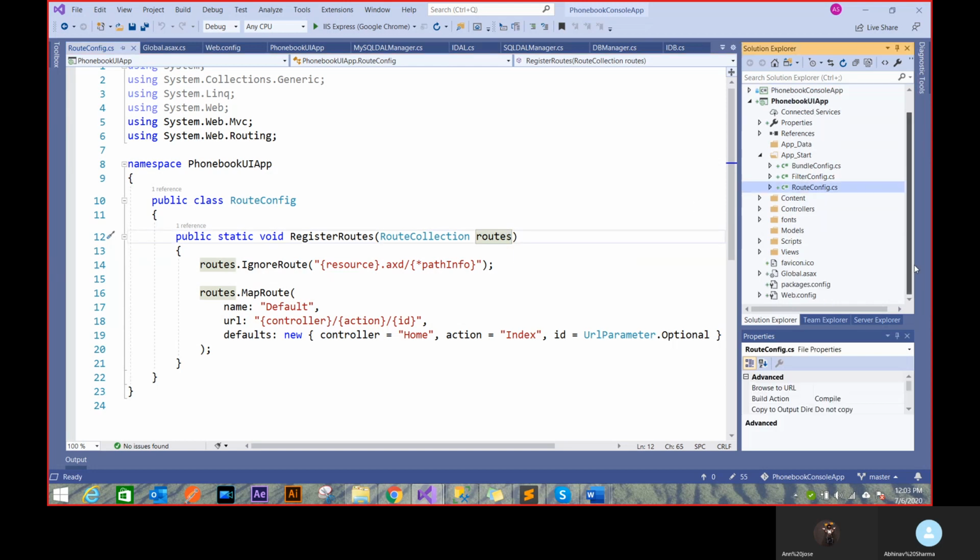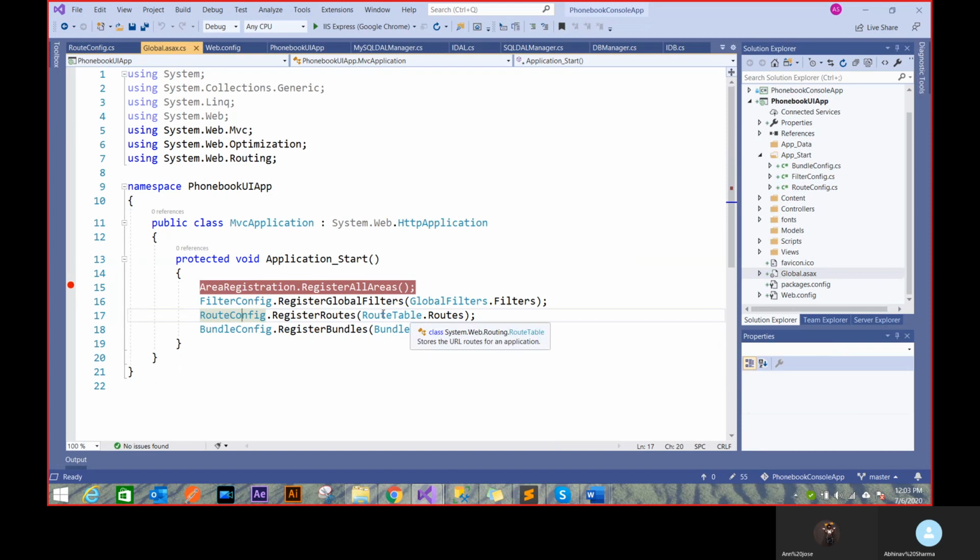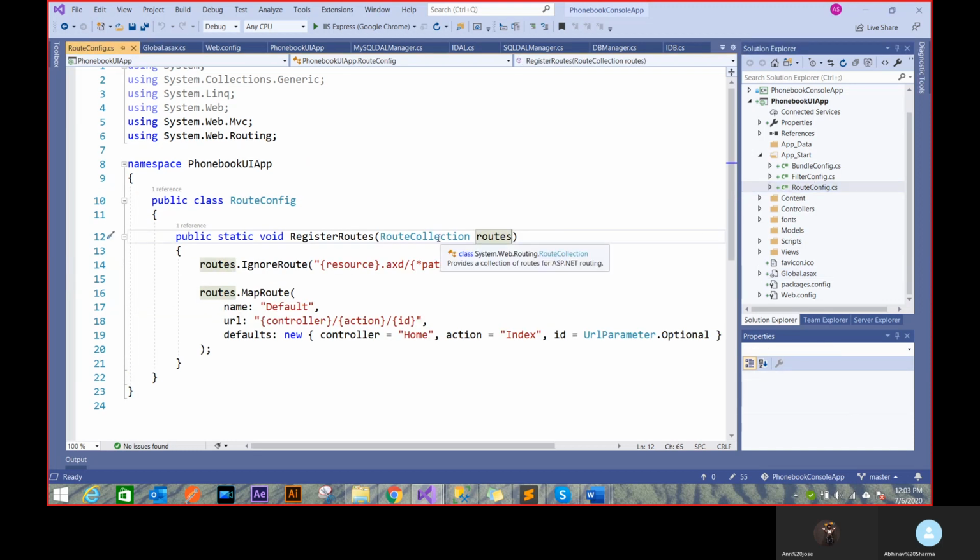You see, when I just passed from Global.asax, I passed routes. I don't really know where this will be pre-filled from. I just trust the framework that it's going to do that for me. So you'll see a lot of things here happening that are just enclosed from you, because that's what the framework is all about, right? If you have to write everything from scratch, then what's the point of using a framework? So you'll know that in route config you'll have a route collection where you can add your own routes, and it's going to be there for you. That's not an issue.